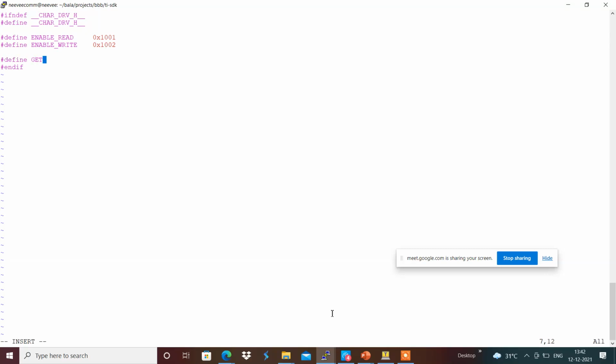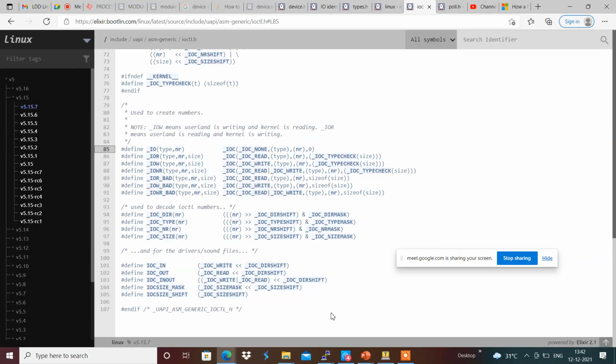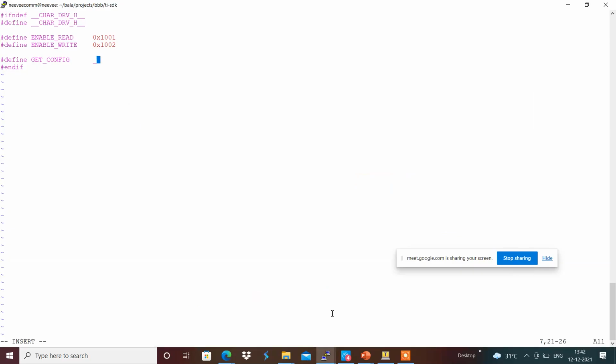Because of that, I am going to use IO underscore R over here, and provide the parameters, which describe how it has to get that information.